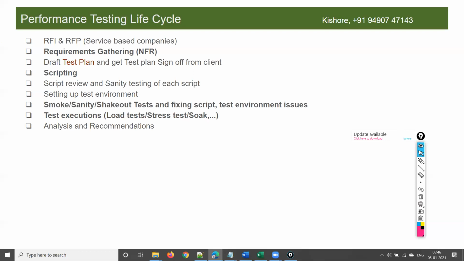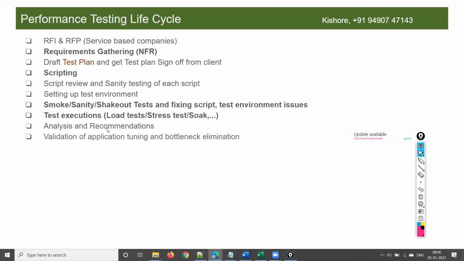Then you have to analyze the test results and provide tuning recommendations. Mostly senior resources will be involved in the tuning recommendations. But everyone in the team should analyze the results and be able to understand the test process, what issues are identified, and how to fix those issues.